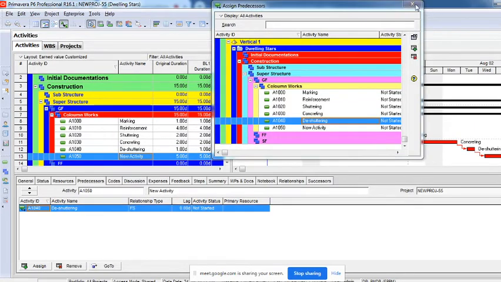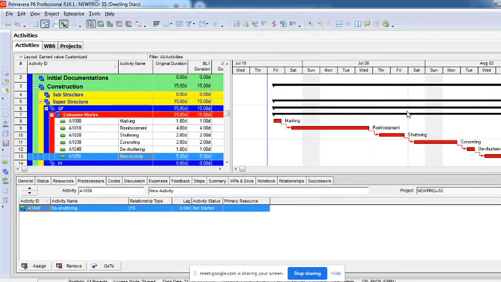So you can see I have created everything as a finish to start. Probably this activity I want to start simultaneously with the de-shuttering. The moment the de-shuttering activity starts, this activity also has to happen simultaneously. So I'll click on this new activity which I want to start with the de-shuttering simultaneously. I want to change the relationship. You can see here relationship type. There's something called finish to finish, finish to start, start to finish, start to start, right? I'll click on finish to start. It's finishing and then starting. It's default, but if you want to change the relationship, you can change it. You can see automatically the things are getting changed here.